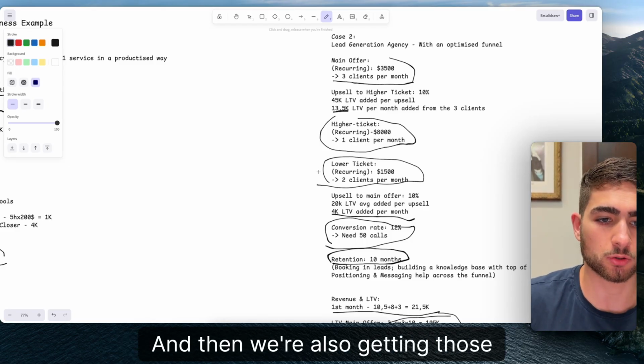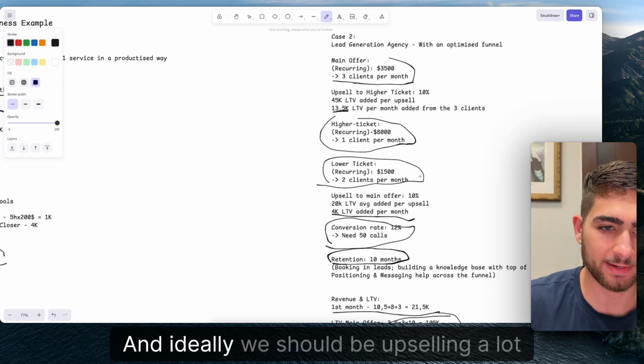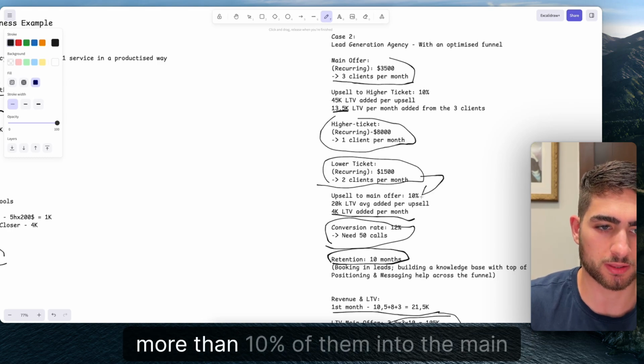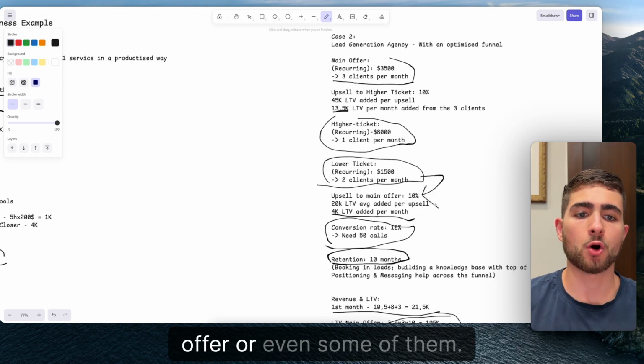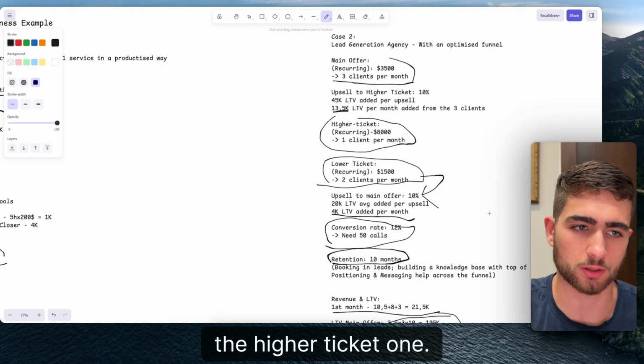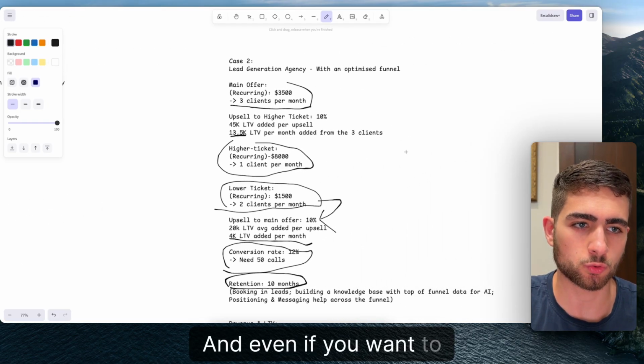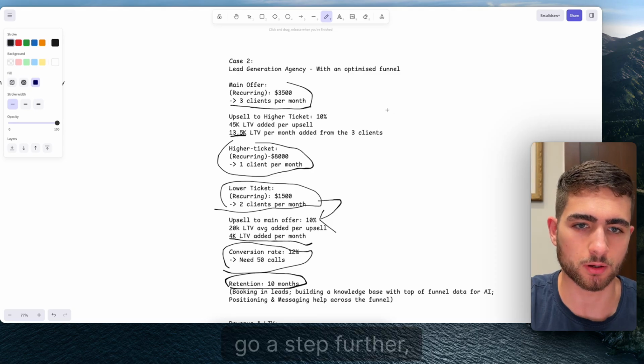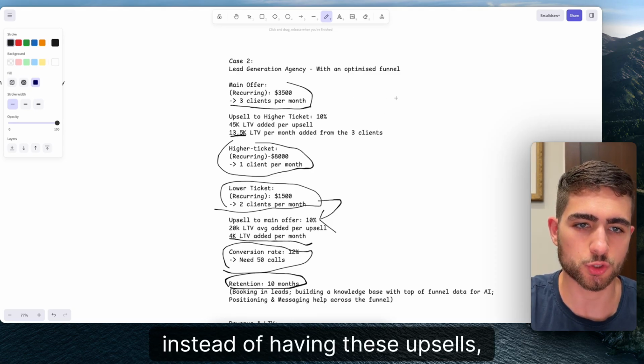And then we're also getting those lower ticket people. Ideally, we should be upselling a lot more than 10% into the main offer, or even some of them into the higher ticket. And even if you want to go a step further, instead of having these upsells, maybe you have some